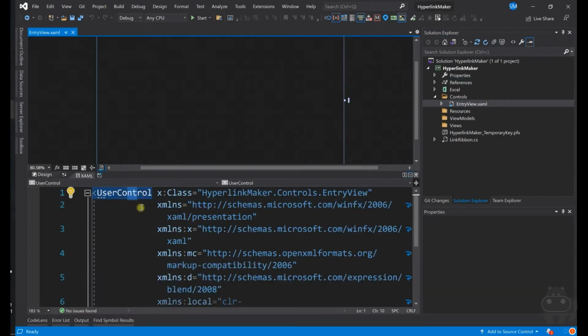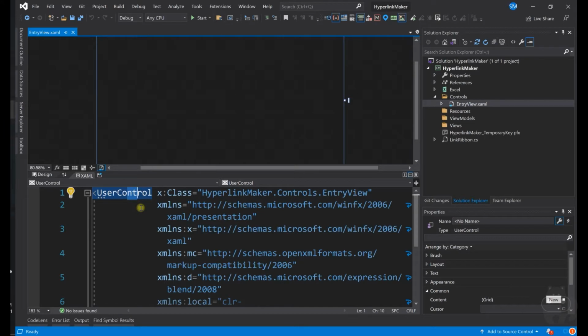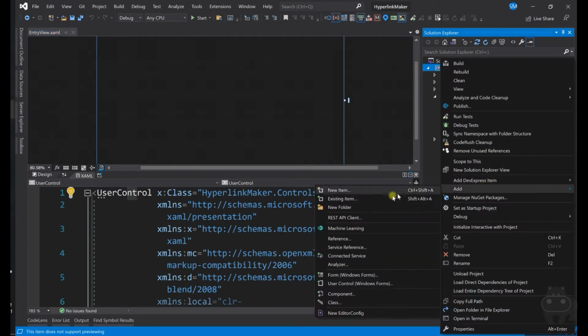If you have already worked with Windows Phone, you know that user controls need some kind of a host so that they can be added to them and displayed. Generally, whenever we add a user control, we also add a window. In case of a Windows Forms project, you add a form: right click, add, Windows Form.